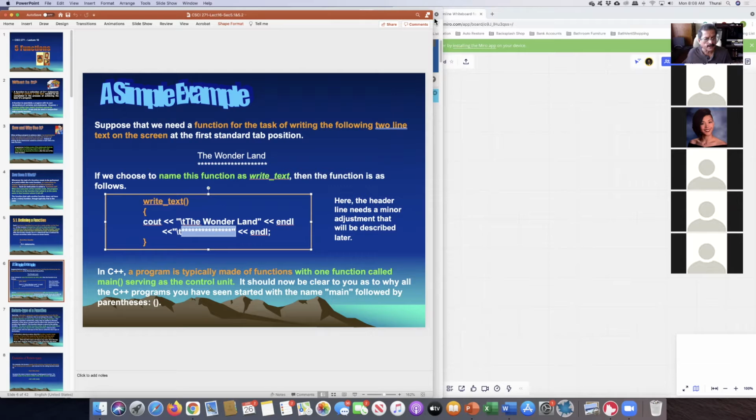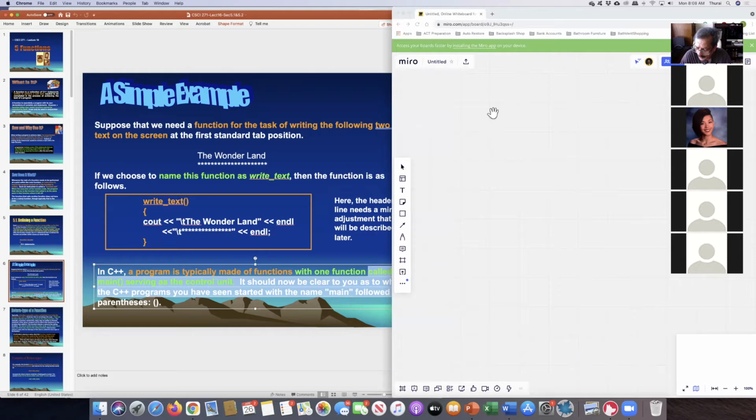Okay, so that's an example of a function. It's very simple. You have to write a title and then write everything you need to write. And then in the main program, if I want to call this function, I write just one line in the main program that will make a call. So here, I'll just write that on the board. In the main,